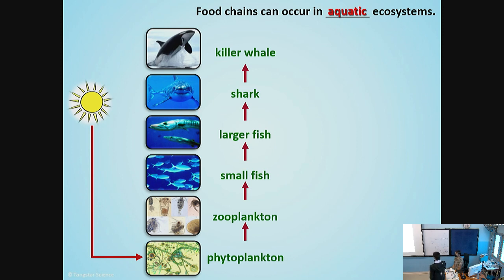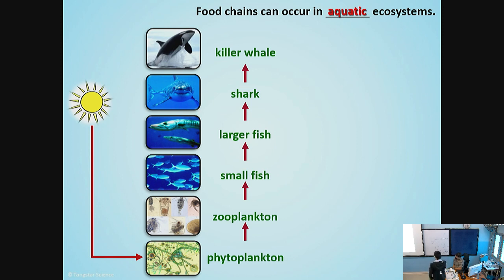Phytoplankton eaten by zooplankton, zooplankton eaten by small fish. Use the proper one. The phytoplankton is eaten by the zooplankton, which is eaten by small fish, which is okay from the start. Which is eaten by phytoplankton first? Phytoplankton, eaten by zooplankton,